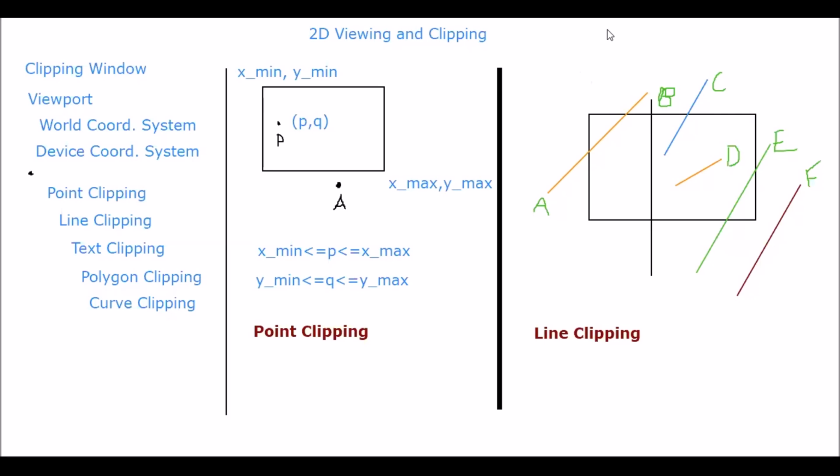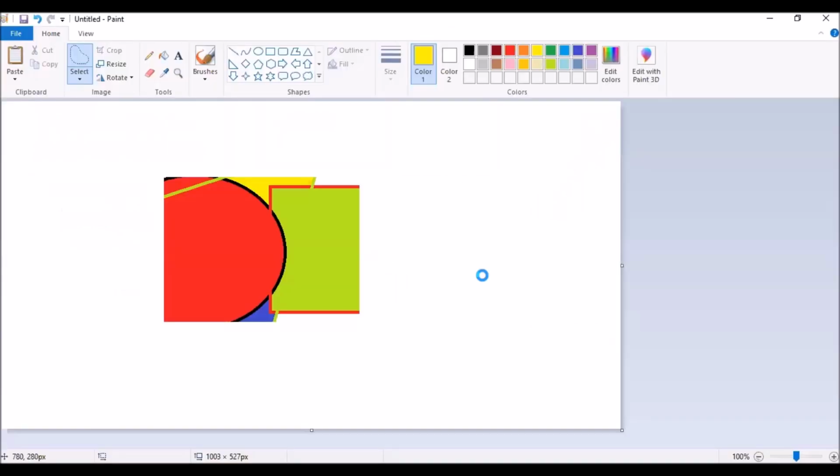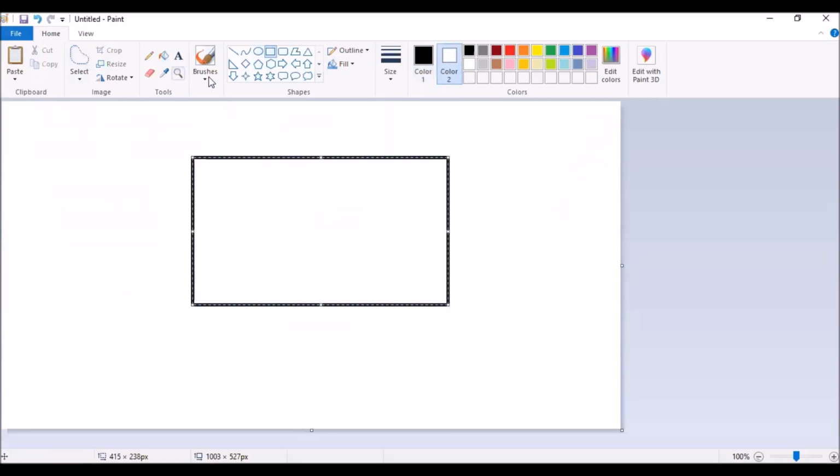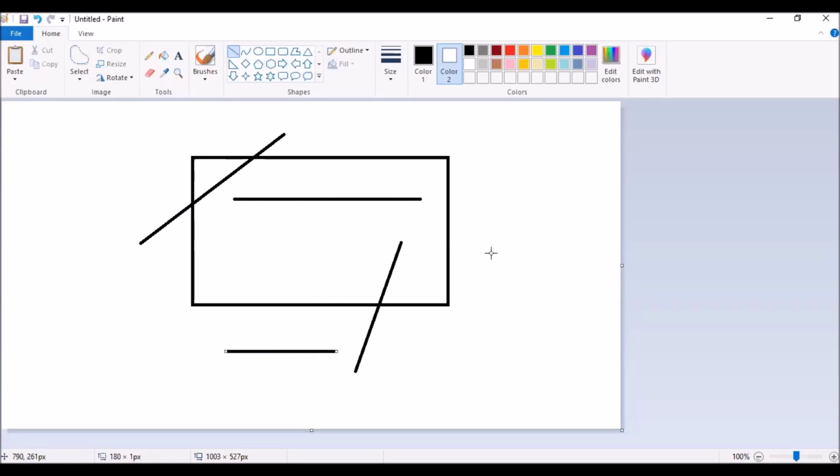So let's come to our page, and here I'll give you a similar example. If here we have a line like this, or this, or this. Now you can see if we apply the clip window, what will it clip? It will clip the portion of the line that is outside the clip window.